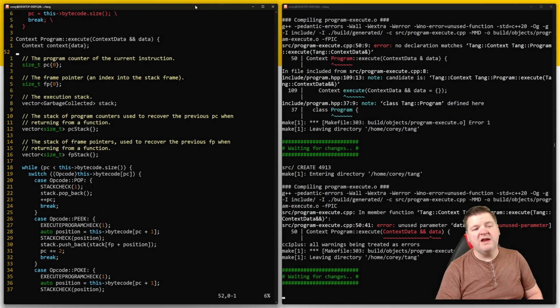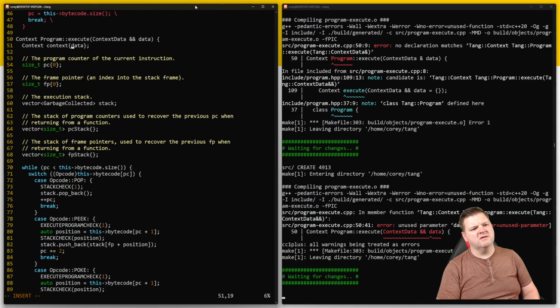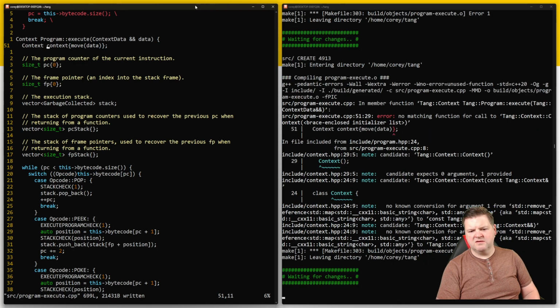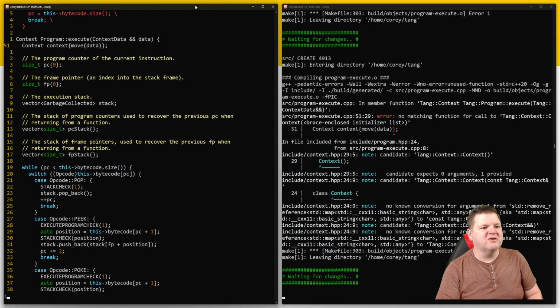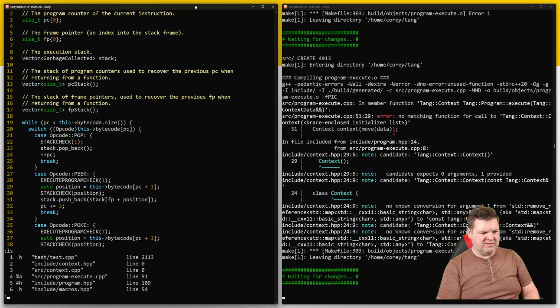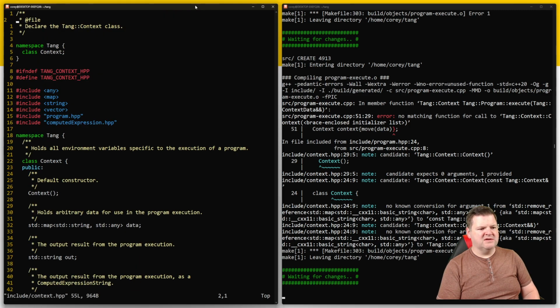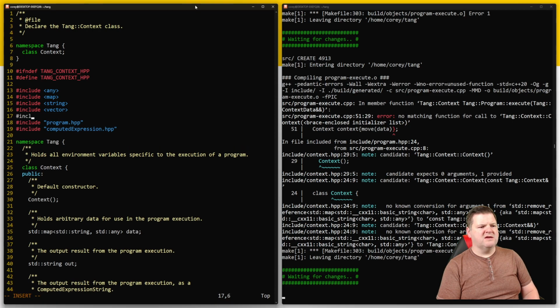And I can provide it with data. And I can even use move. And of course it's going to complain because I don't have a constructor that takes that for context. So edit our include. Oh wait, do I already have it? Yep. To context, and do we have macros? No, we do not. Found include